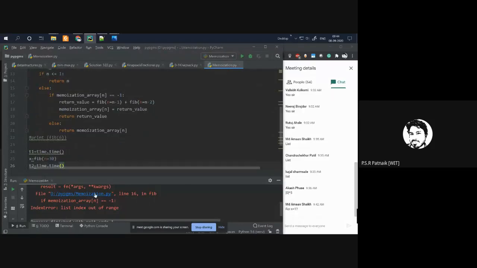At line number 16, if memoization of n is equal to -1, I'm getting index out of range.